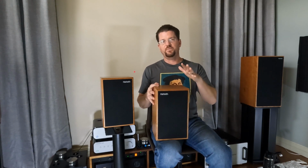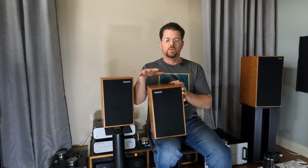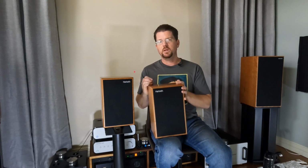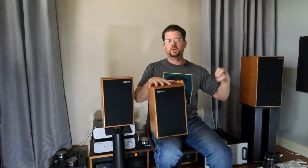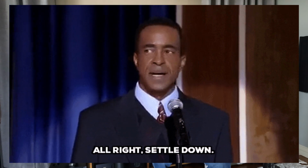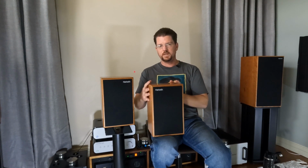Or are you going to be in something that is very nimble and tight, and does what it does better than most other cars? That's what I'm going to attribute to these P3s. They were teaching me to listen in a different light than any of my larger speakers, where I would anticipate just the sheer dynamics, those crescendos, and I would live for that climax. With these speakers, it's all about relaxing and listening to each of the notes and the way those notes are being played. That is, in a nutshell, what I feel were the strengths of the P3ESR-XD to me in